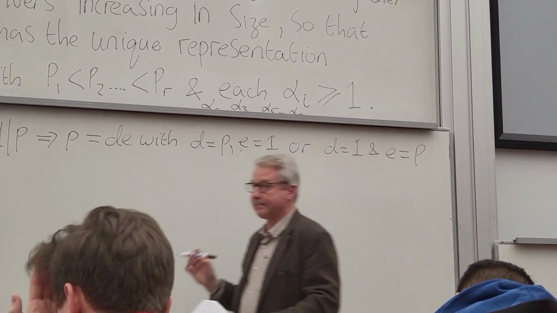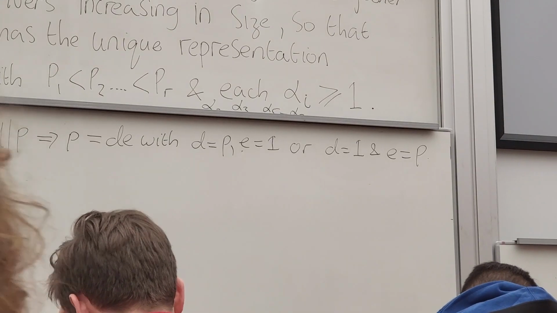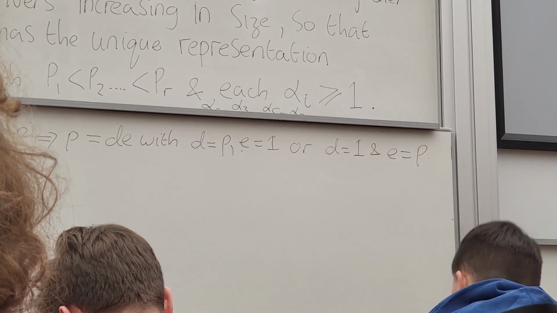So that's our assumption. And now we start off with the first line of the strong definition, which is if p divides ab. So we consider